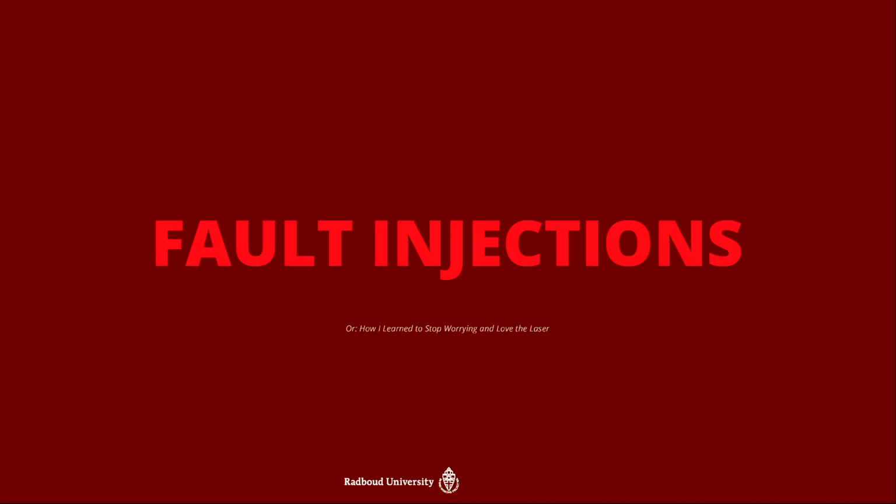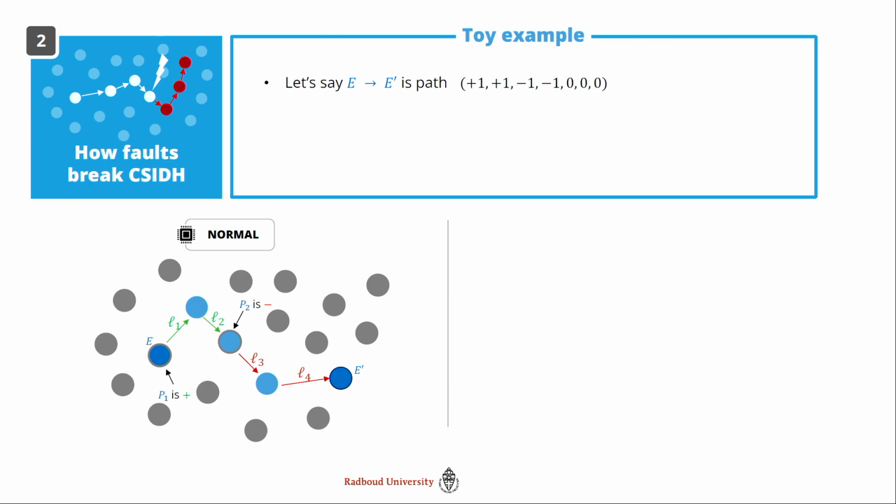Then we get to fault injections. And fault injections, what I mean here is that in real life you would use a laser to shoot at your embedded device running this computation, and it would screw up some of the computations, and this can really affect how such an algorithm is performed. Now, in our work, we do this theoretically, and we could just simulate how that would affect it and what kind of results you can get from there. But you can also do this in practice, and people in labs actually shoot lasers at these chips, which is very cool.